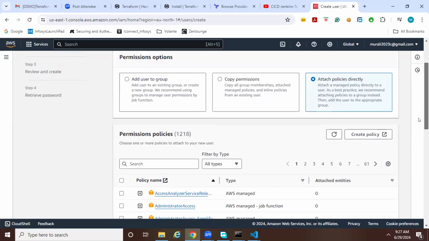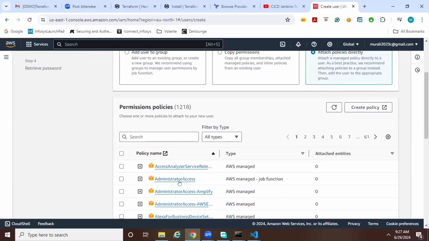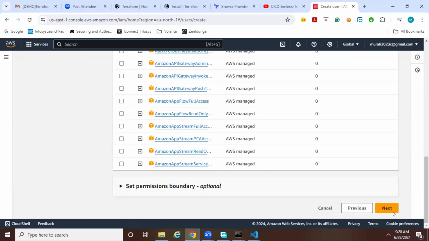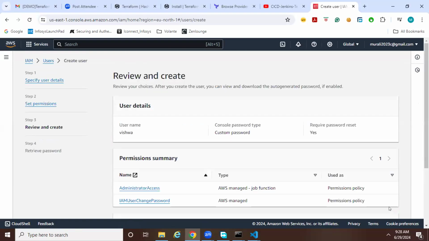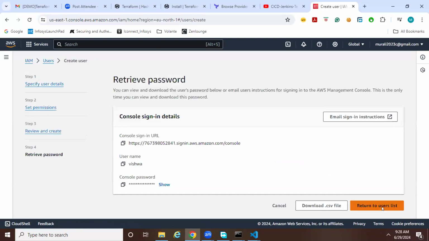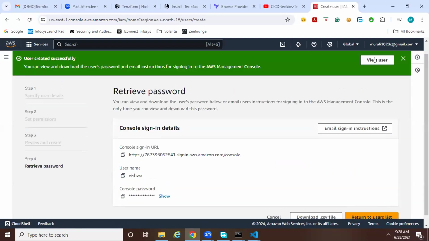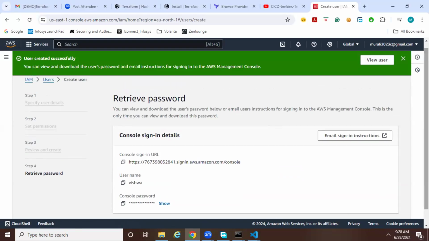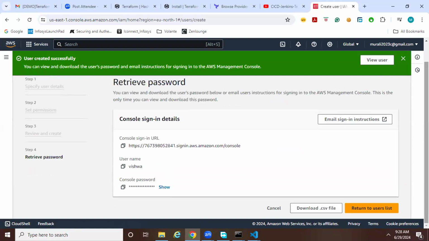Scroll up, scroll up, scroll up. Second one, Administrator access. Full, you can choose, yeah. Click next. Click next. Create user. Create user, yeah. Yes. Now,